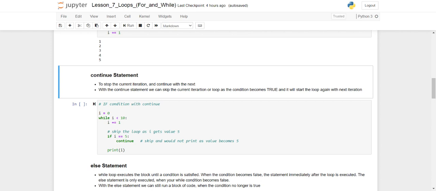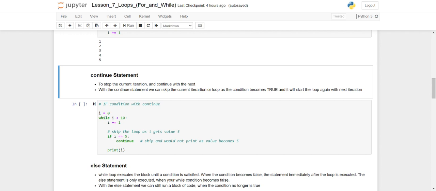So here it checked 0, yes, less than 10. Then it incremented to 1 and coming down, checking, it's not i equals 5. The condition is false. So it comes out and prints 1. Then it goes up again. 1, yes, less than 10. 2, the condition is still false. Print 2. So here, as i becomes 5, what will it do? It will come here, continue, will check, yes, it equals 5. So it will not go to the print statement, it will skip that part and take you to the while